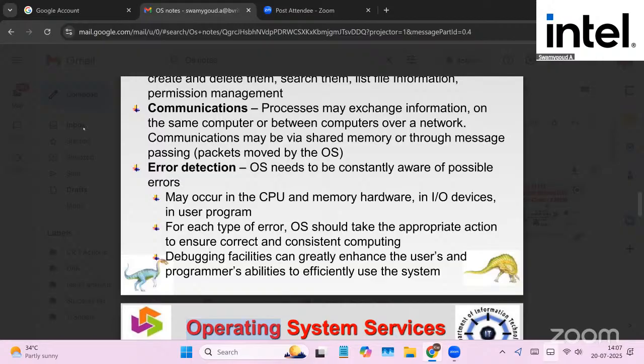And next one, third one, file system manipulation: to create and to destroy a file, to open a file. Various operations we can perform on a file. A file may be created, edited, saved, destroyed or deleted. To do these operations, we need the operating system's help, because when you want to create a file,